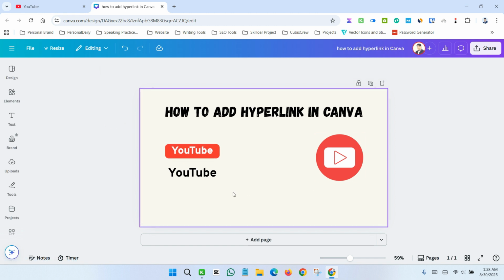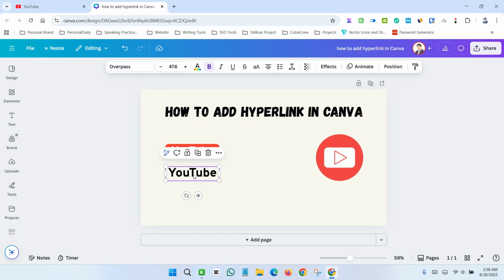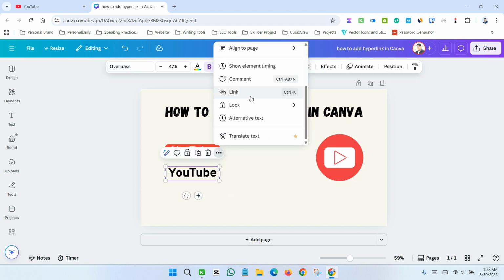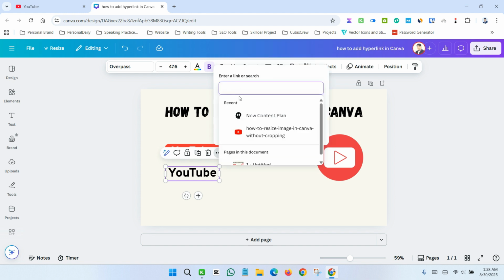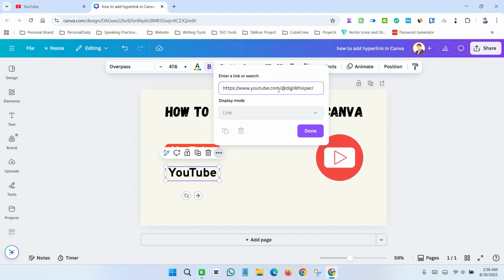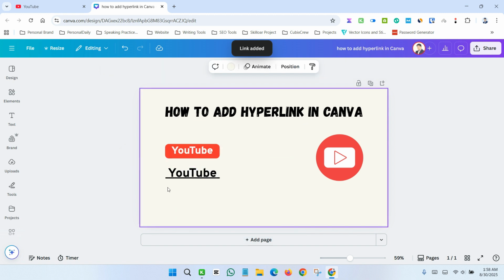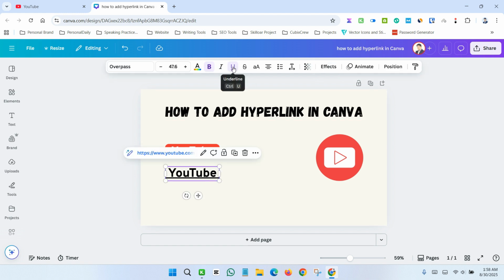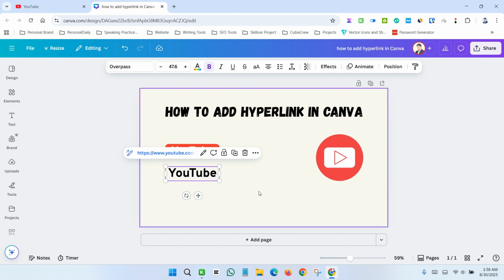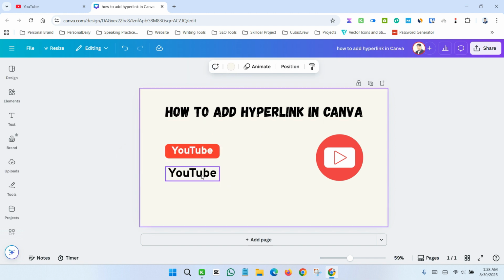So now I want to add link to this text. Click here, and now click the link button and paste the link or URL and click the done and click done. So again, this text is hyperlinked with my YouTube channel link. If I want to remove the underline, click here and click underline button, and now the link is still available